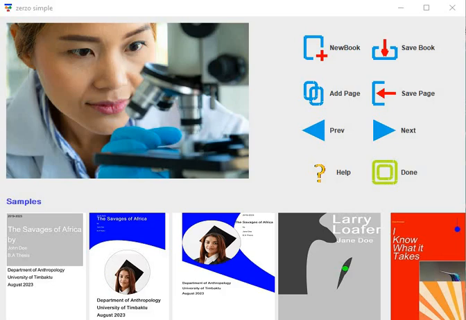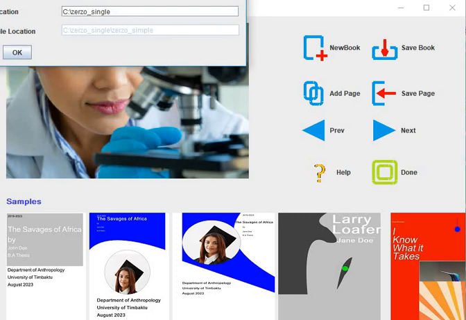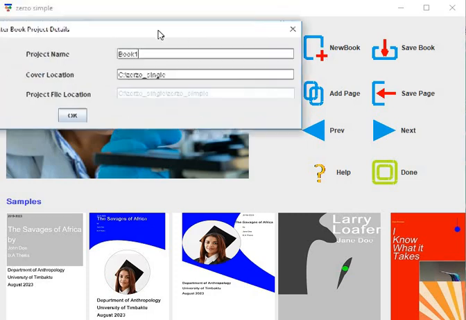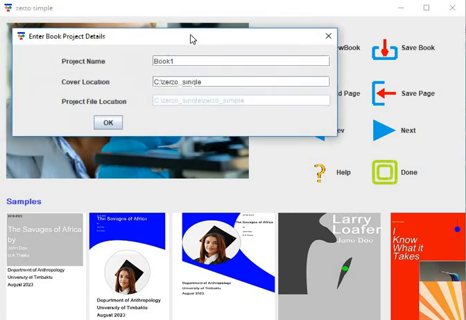Let me talk about how to use Zerzo Simple. You can see this is the icon, and the first thing you need to do is to create a new book. So when you click that new book, you will get this